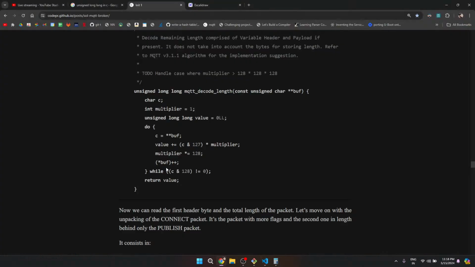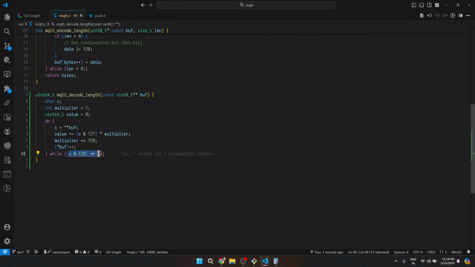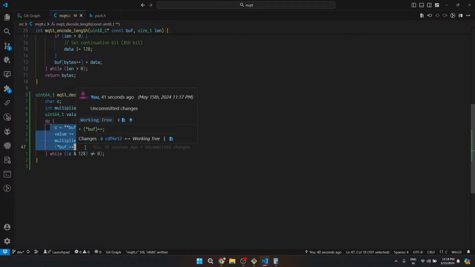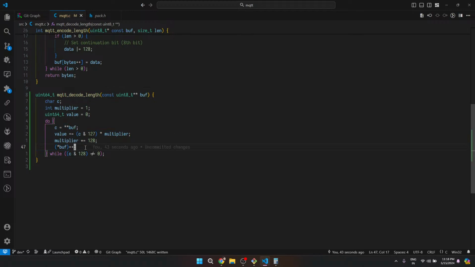And do this until the continuation bit itself becomes 0, right? Until it is not 0, keep doing this, right? So it all depends on the continuation bit. To be honest, I still don't understand this part. I have a feeling why it is there, I have a feeling, but